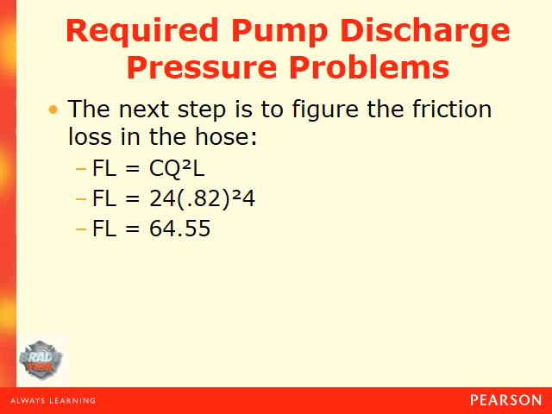So now our friction loss is our coefficient, remember from our last chapter, times gallons per minute squared, again dividing that by 100, and our length of hose, which was again divided by 100. So 0.82 squared, so 0.82 times 0.82 times 4 times 24 gives us a friction loss in the hose of